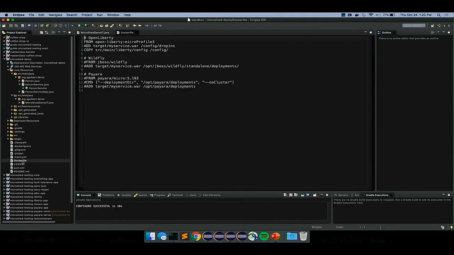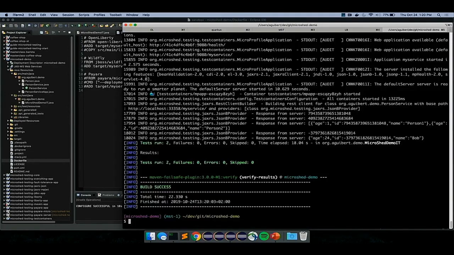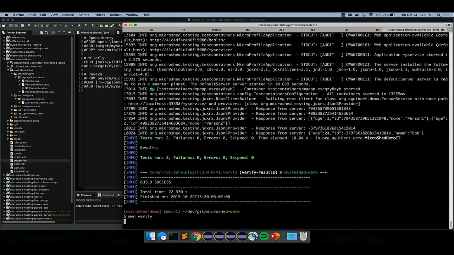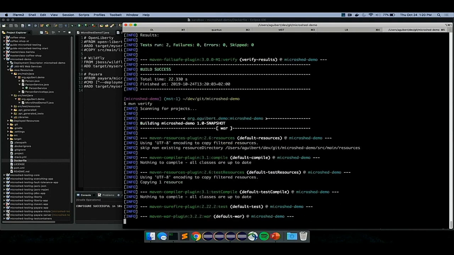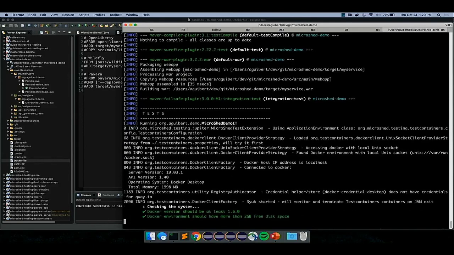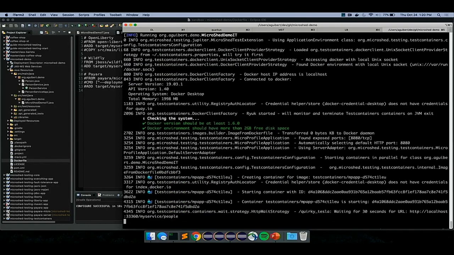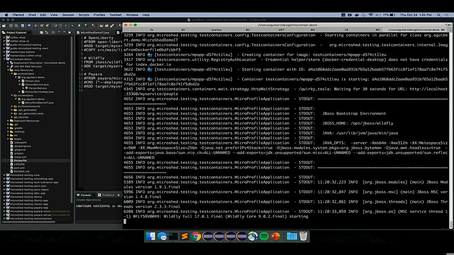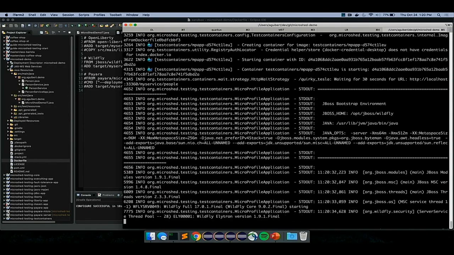So now I can go over to my Docker file. This is how MicroShed testing knows what container to build to run for my tests. And I'm going to comment out the OpenLiberty lines, and I'm going to switch to running with Wildfly. So if I haven't changed anything else in my code, the tests are still the exact same. I just changed the Docker file, and now I'm rerunning the tests, and we'll see instead of OpenLiberty messages coming through in the log, now my application is testing